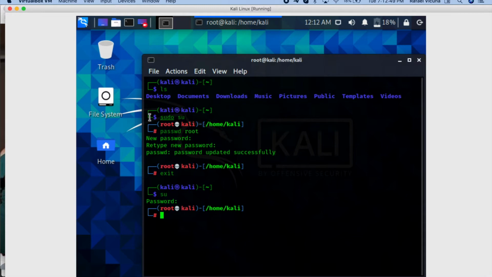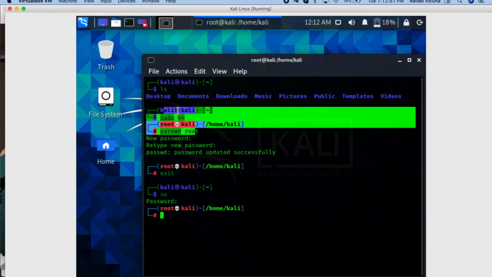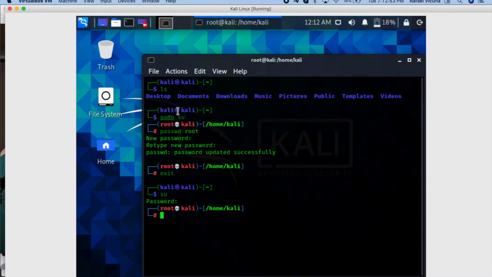Now, you may be wondering why I didn't get any authentication the first time. That is simply because in my live session of Kali, I haven't set a password for this user account, so I'm able to go to root without being authenticated. Obviously, if you have set this up as your main OS, you definitely will have been prompted to set yourself a password. Okay? So now that we've got the root account set up,